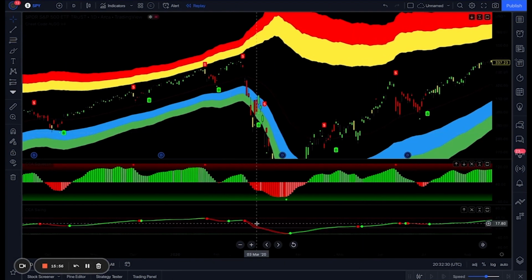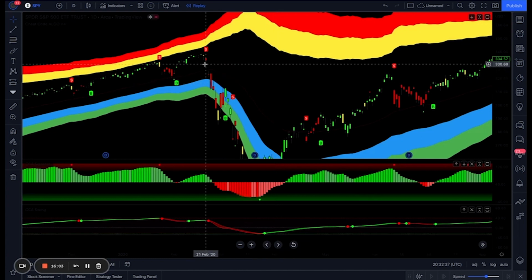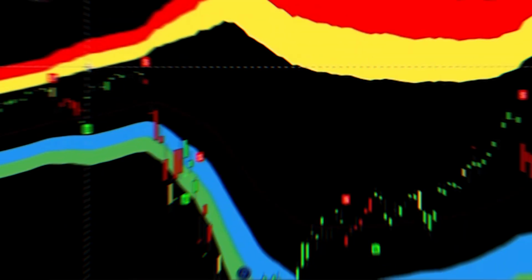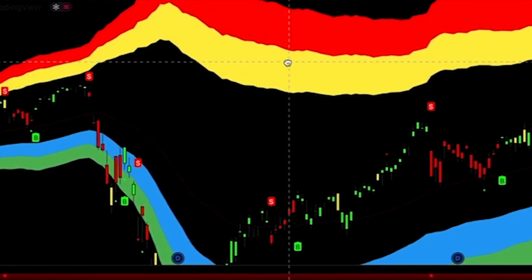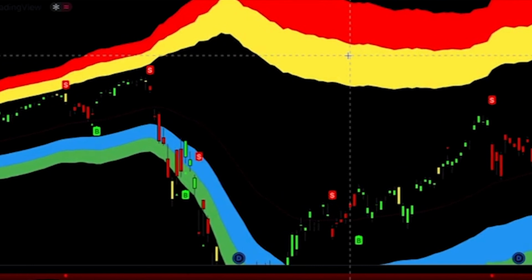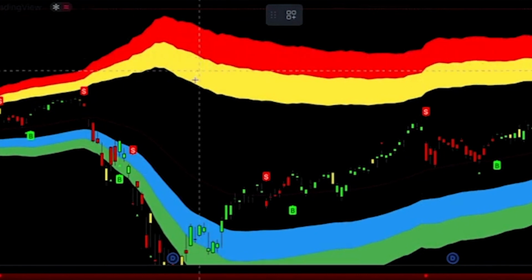All right, guys, so this is the S&P 500 during COVID-19, or right before COVID-19, I should say. So you'll see our reversal bands here. Now, these reversal bands essentially give us an idea of when a stock, or a crypto or Forex, whatever you're trading, has run too hot and got overbought. What happens is you'll start to enter into the red or yellow bands,